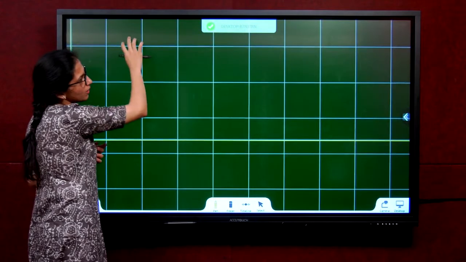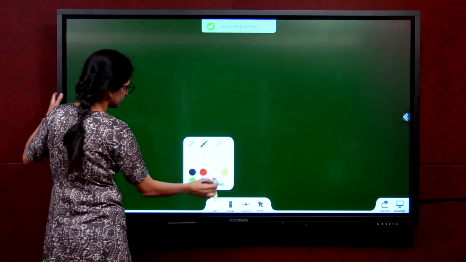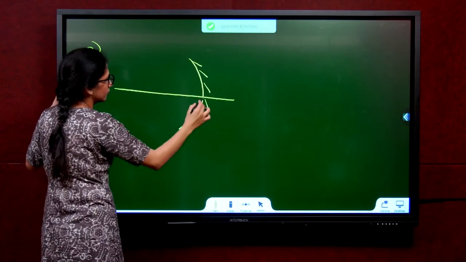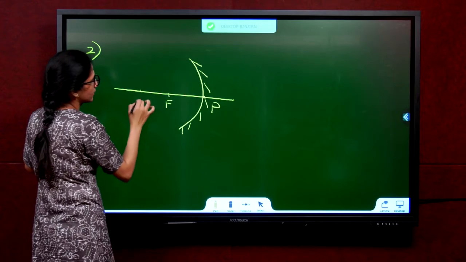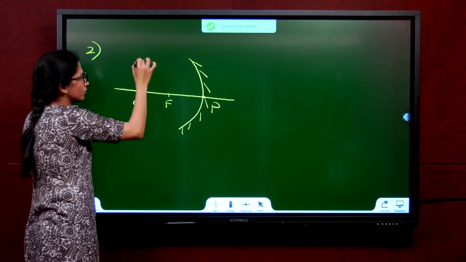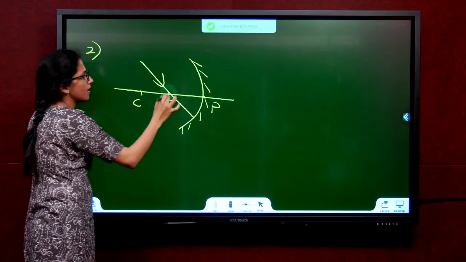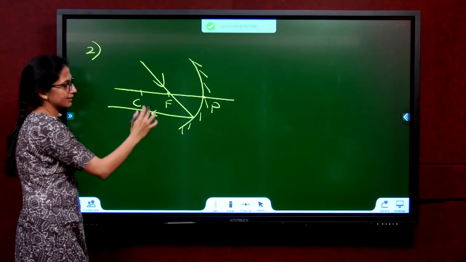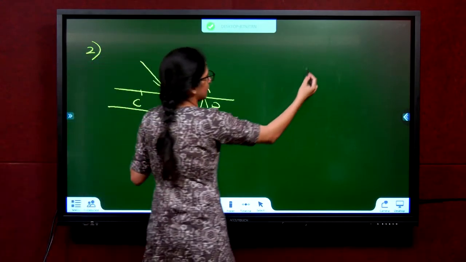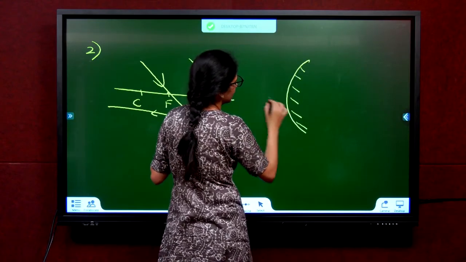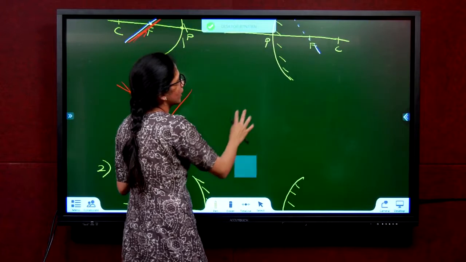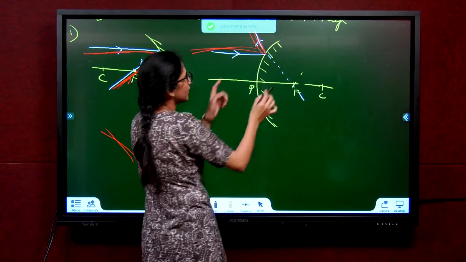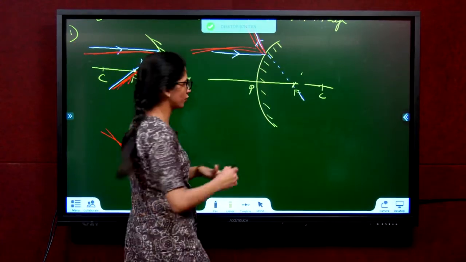So this brings us to our second type of ray that we consider. If this is a concave mirror, with the pole, focus, and center of curvature, if a ray passes through the focus, after reflection it comes out parallel to the principal axis. In the case of convex, it really can't pass through the focus. Why? How can it pass through the focus? Because it will be behind the mirror. From the front of the mirror, it can't pass through the focus. It can appear to pass through the focus.